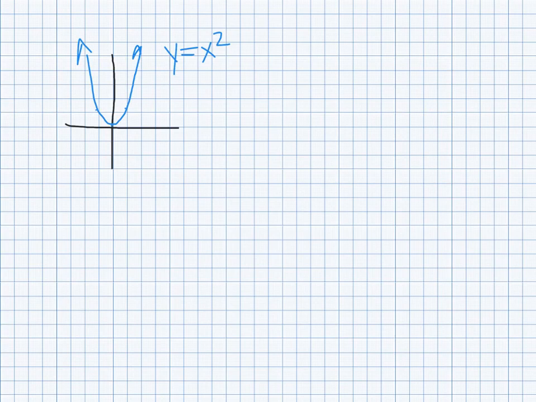I'm going to start with this, but I'm going to notice that this is not a one-to-one function, and so it won't have an inverse function. So we have to do our trick where we restrict the domain. This is my function, but I'm going to restrict x has to be greater than or equal to 0. Because if I do that,